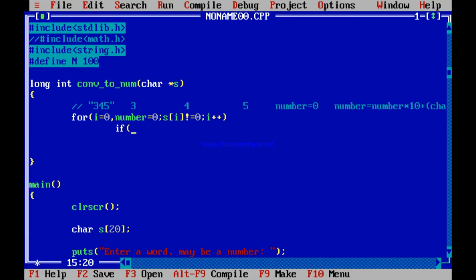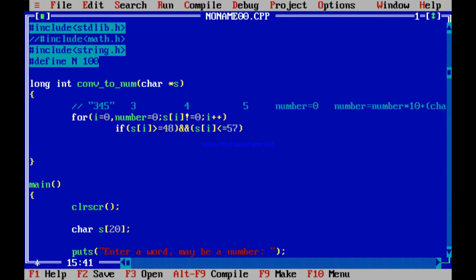So it has to be between 48 and 57. Is not it so? 48 is 0, 57 is 9. So if Si is greater than or equal to 48 and Si is less than or equal to 57, then only it is a number.